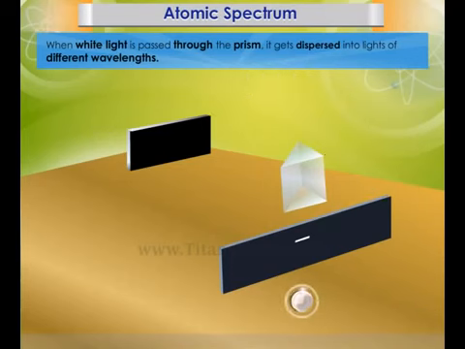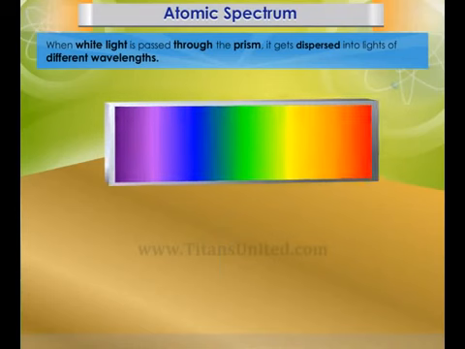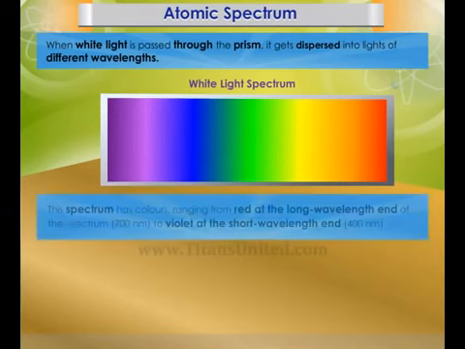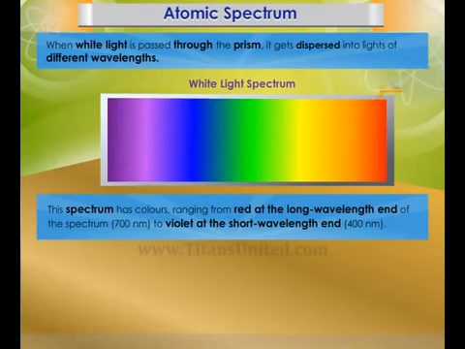Atomic spectrum. When white light is passed through the prism, it gets dispersed into lights of different wavelengths. If these wavelengths are captured on photographic film, the photograph produced is called the spectrum of white light. This spectrum has colors ranging from red at the long wavelength end of the spectrum to violet at the short